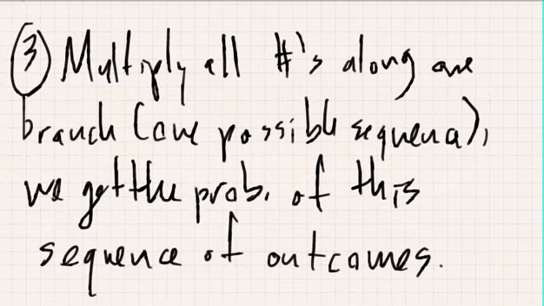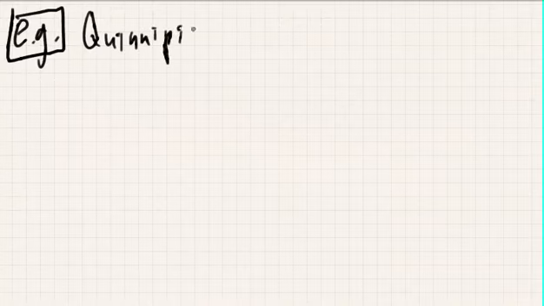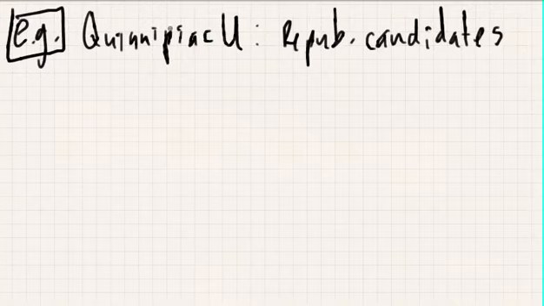Let's say a little bit more complicated example that I just came up with. So this is the 2012 presidential election. Now, Quinnipiac University in Connecticut does a lot of polling, and their data right now says the following. Of the three main Republican candidates, the top three right now are Newt Gingrich,